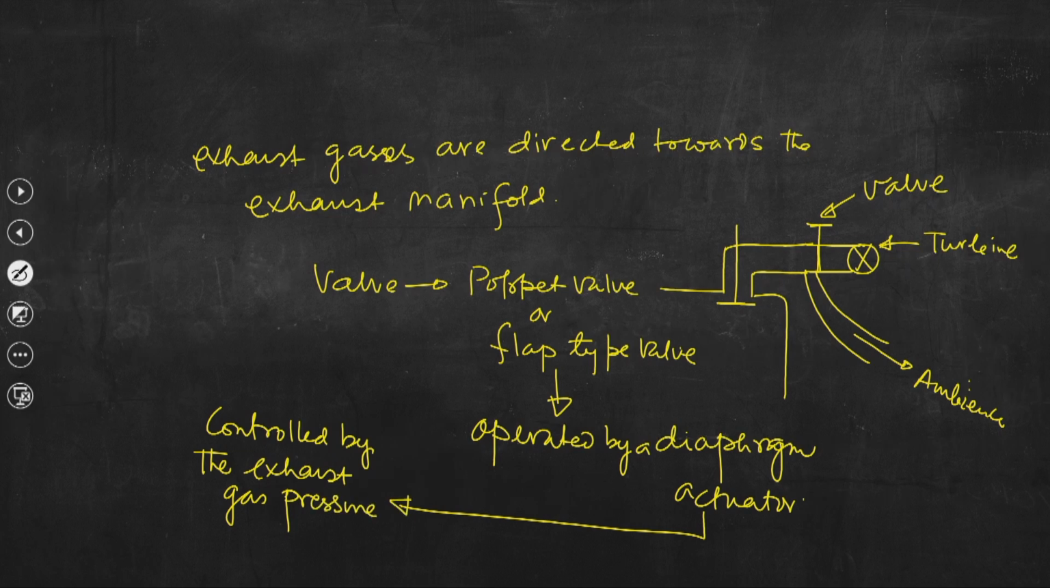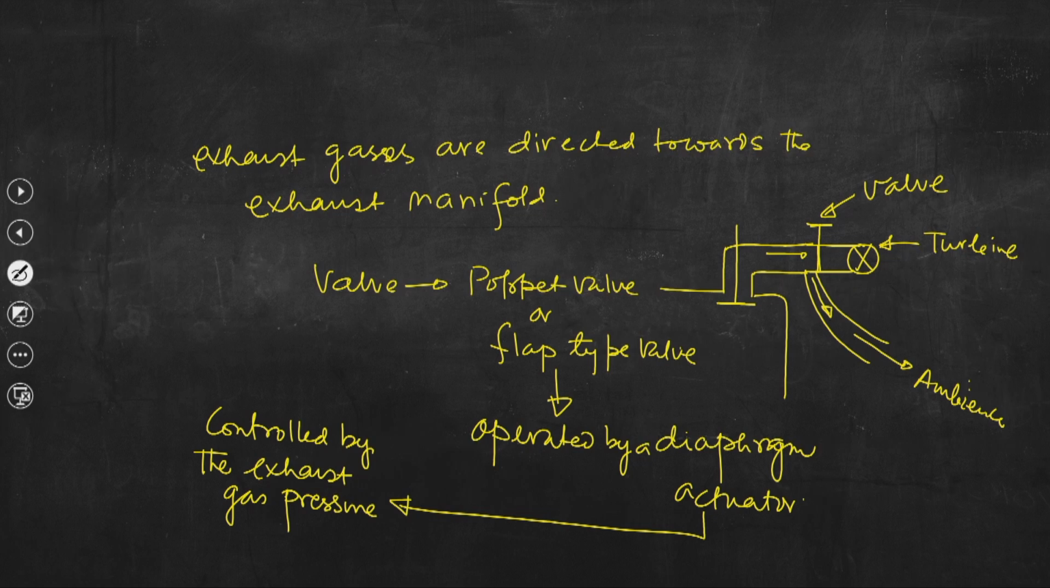So, that means you can see essentially this valve is placed in the exhaust manifold. When we need to bypass deliberately a certain portion of the exhaust gases, this valve will be operated by a diaphragm actuator which is controlled by the exhaust gas pressure, and instead of allowing the exhaust gas to go into the turbine, a certain portion of the exhaust gas is deliberately made to bypass to the ambience directly, and this